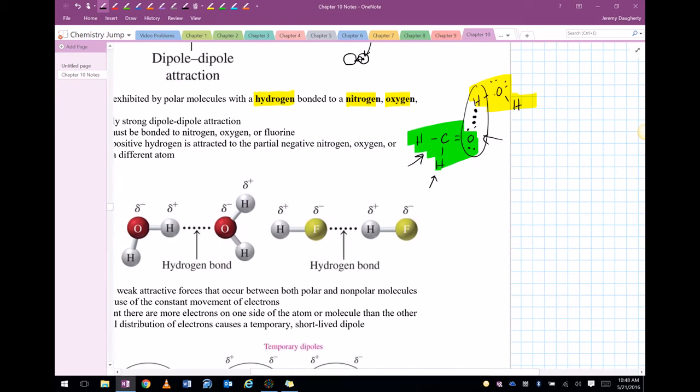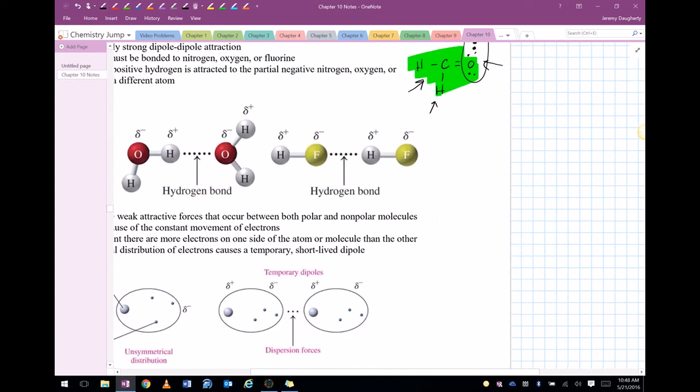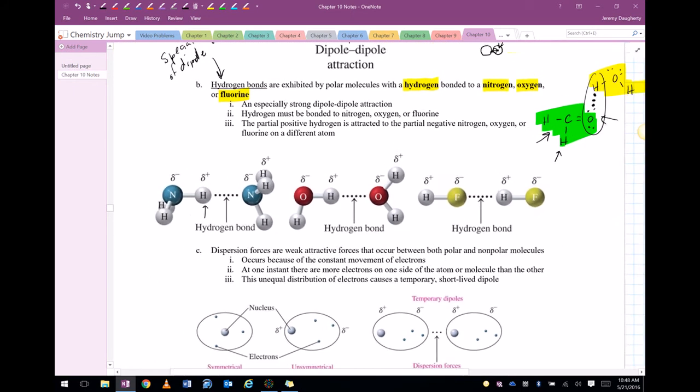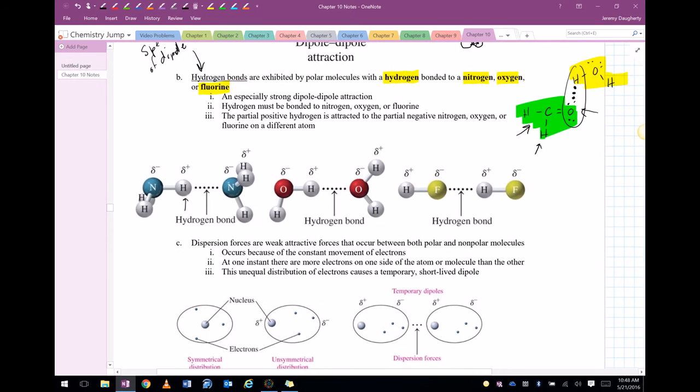So it's between the hydrogen that's bound to an oxygen with a different molecule's nitrogen, oxygen, or fluorine. And actually more research is coming out to say that this is a little more expansive than what we currently name it, but we're fine with what we're talking about. Now, the hydrogen bond is a really, really strong force of attraction. Okay, it's still relatively weak compared to covalent and ionic, but it's relatively strong compared to the other types of